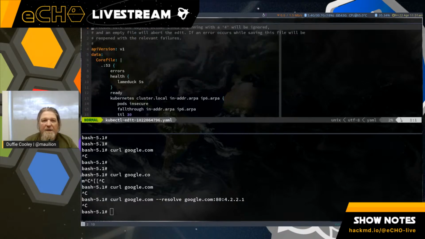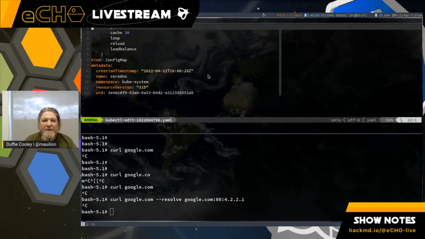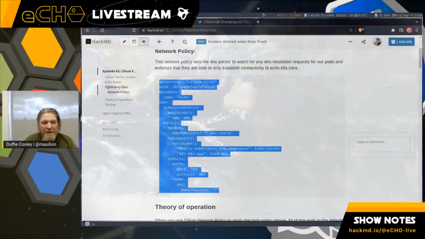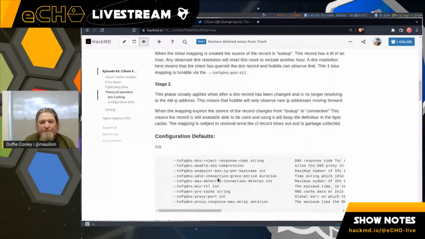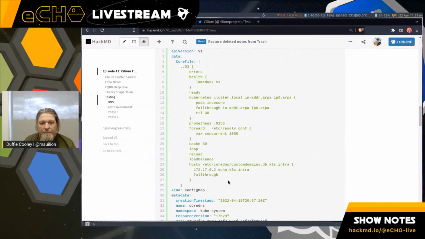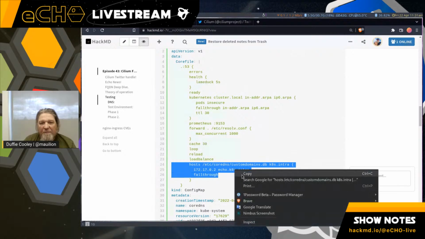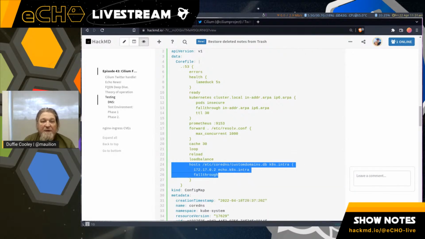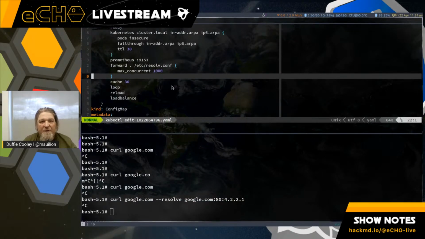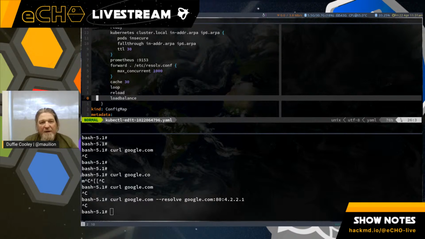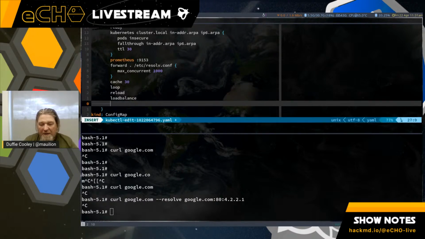I'm going to show you a DNS trick inside of CoreDNS, which I found very useful when checking this out. My intention with the DNS was to have a record that I could change and then observe that that record had changed, so that we could understand that we have control over what happens when it changes.